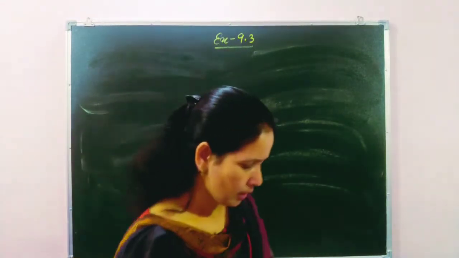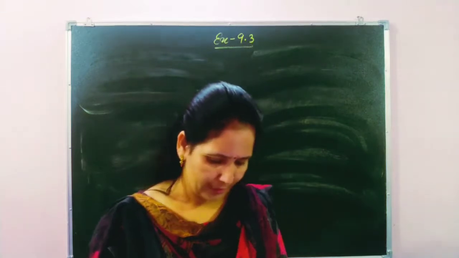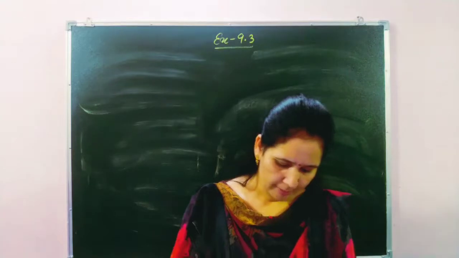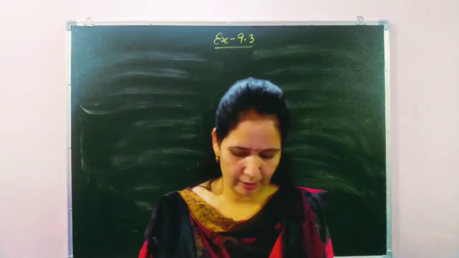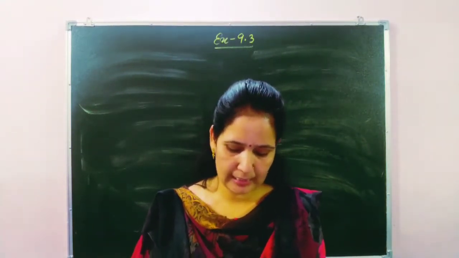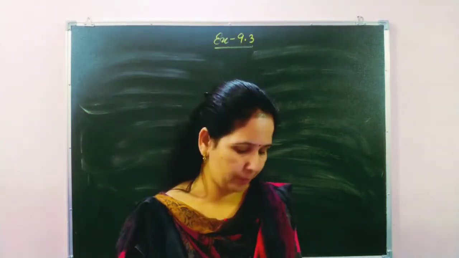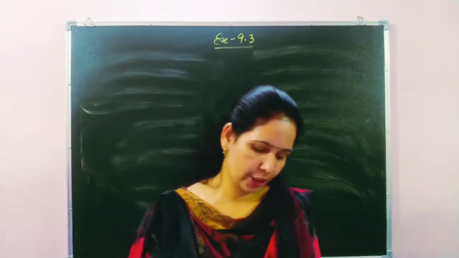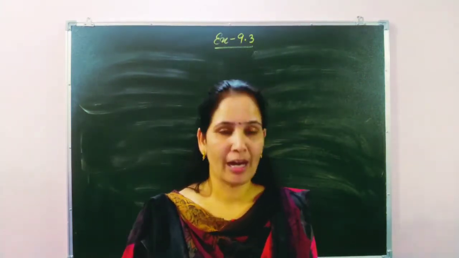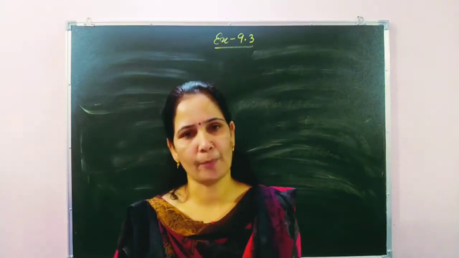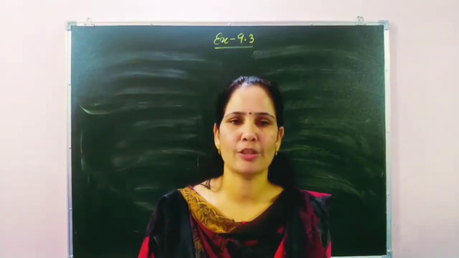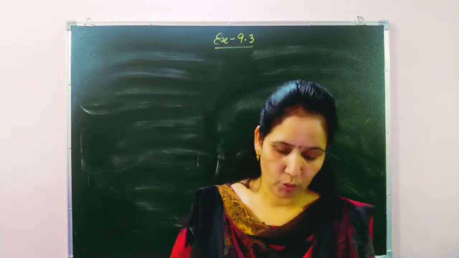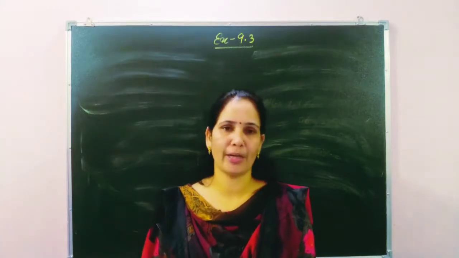Okay. Now then after question number 12. In question number 12 they have given a sofa listed price 8500 is available at a successive discount 10% and 15%. What price is sofa sold for? Same like question number 11. You have to calculate the first discount, then subtract. After subtracting, whatever price you are getting, then subtract again for the second one. Okay students? So solve question number 12 by yourself.